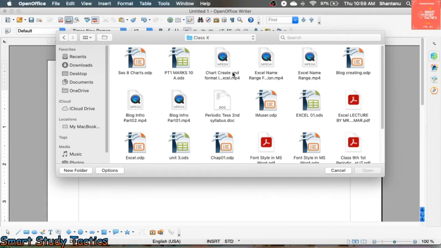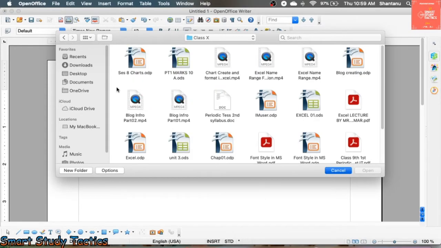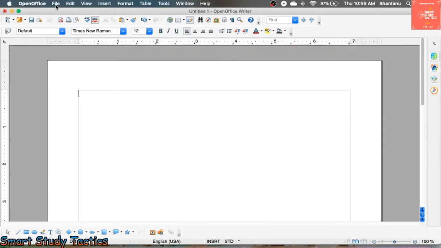The documents that are available, you can open them. Make sure that you can start and use them. ODP is PowerPoint, ODS is spreadsheet, and ODT is the extension of this file. I think there is no other file which I can show you just now. So like that you can see, this is the thing that you have to understand. Just now I have not created any file in the open document, so I am not able to open them.